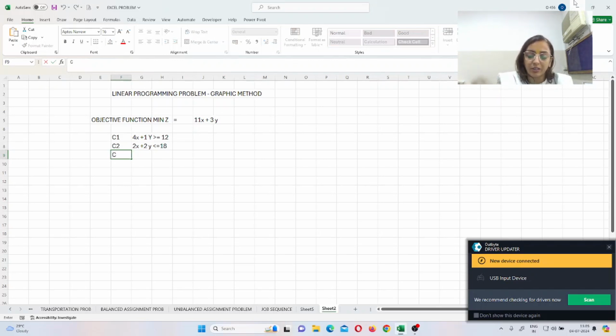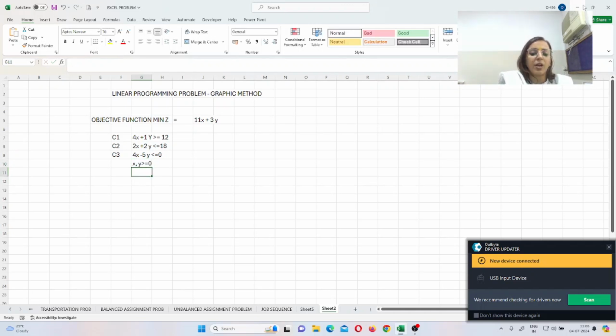Coming to the third constraint, C3, it is 4x minus 5y, and it is less than or equal to 0. Then the non-negativity constraint: we all know that the values of x and y should be greater than or equal to 0.